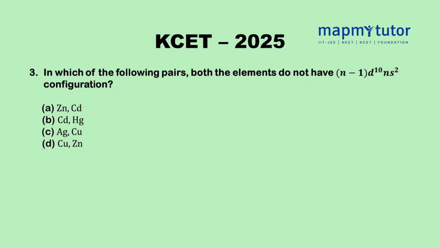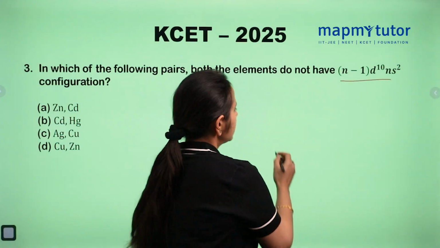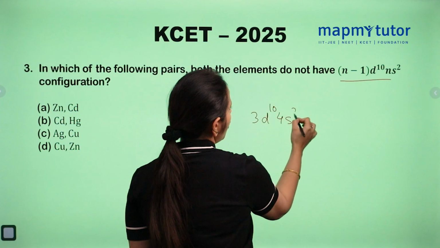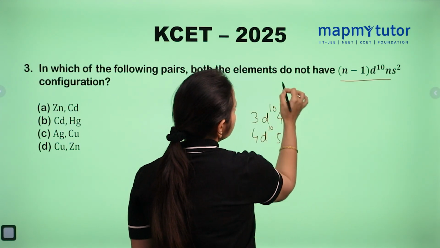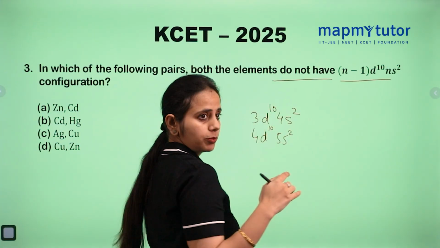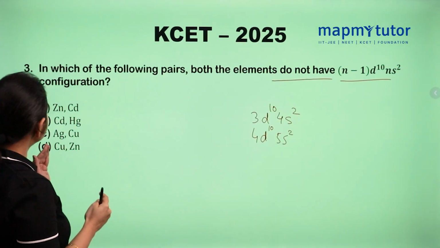In which of the following pairs do both the elements not have the (n-1)d10 ns2 configuration? What does this mean, (n-1)d10 ns2? Like 3d10 4s2 or 4d10 5s2. He is asking which of these elements do not have it. This is very important, don't mistake it. Do not have. So let's see from the options, like zinc,